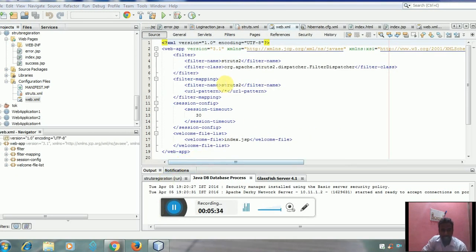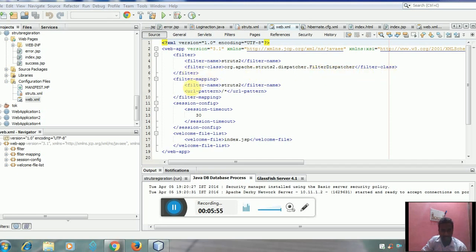The struts.xml is a very important thing. It is a configuration file with a filter. Within web-app, we include the filter tag with the filter name struts2 and the filter class org.apache.struts2.dispatcher.FilterDispatcher, which is the filter class.